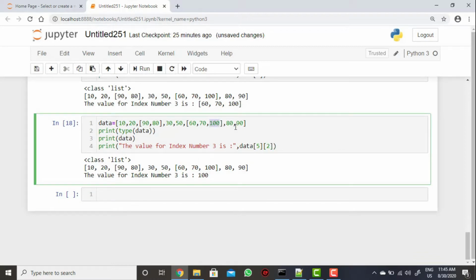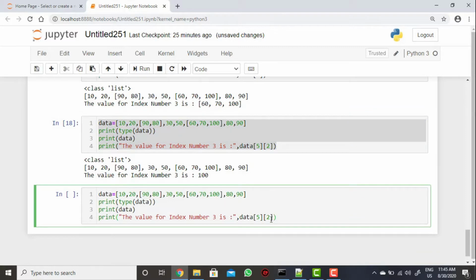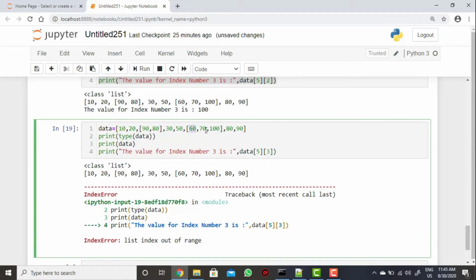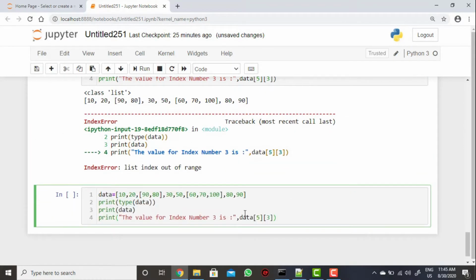Now if we use 3 instead of 2, it will throw an error because it has only 3 values. It starts from 0, 1, 2, so there is no 3, 4 inside index 5. That's why we need to bring values correctly by passing the right index number.